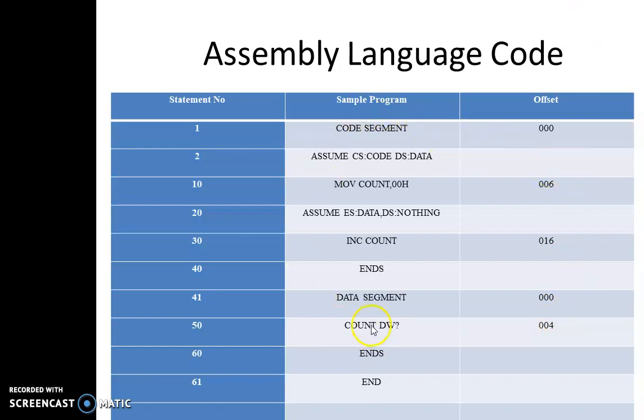Usually the problem again remains the same, the forward reference problem. If we can see, this variable count has been used before it is declared. It has been declared somewhere at statement number 50 but had been used in statement number 10, in statement number 30. Hence the problem remains same. So the task now will be how to remove the forward reference problem with the help of a single pass.